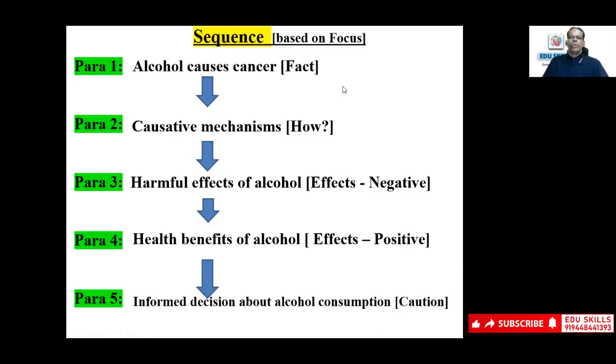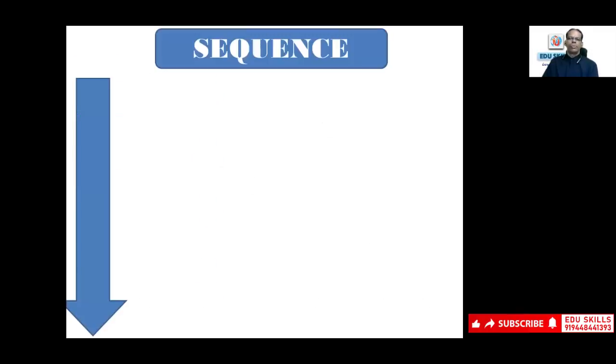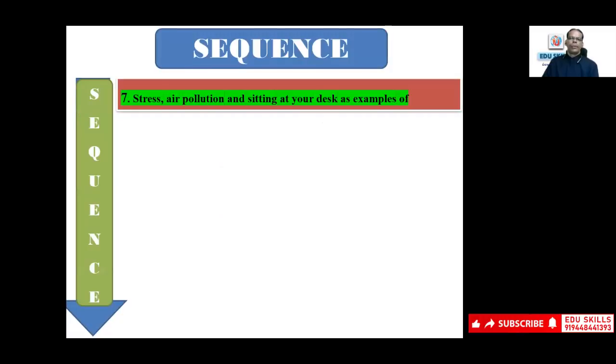So what you have to do is, first, while skimming, or even if you are going to read, try to identify the focus or the base or the theme of that particular paragraph. As I told you, if you can identify the topic sentence, then that is the theme of the paragraph. So you'll be able to understand the concept very easily. So sequence.